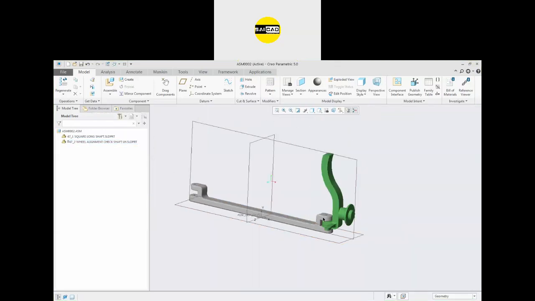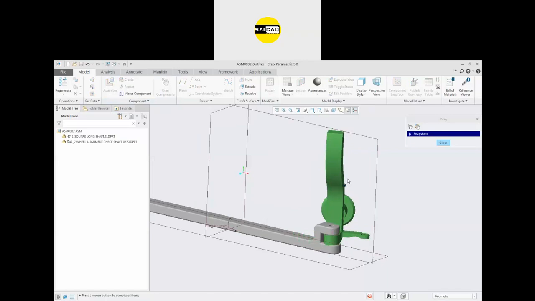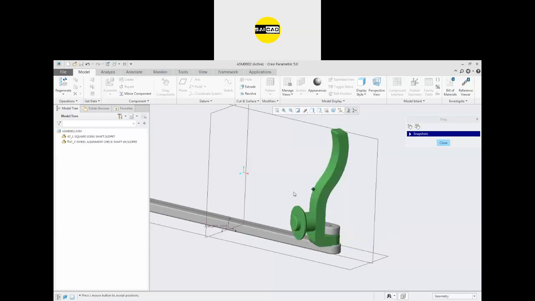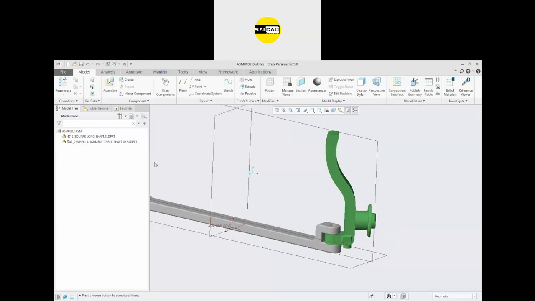To check the rotation, we have the option here, that is Drag Component. We can just select Drag Component. After that you have to select the component like that, and you can drag the component around the axis. You can see right now it's rotating in the 360 direction. So to control its rotation, we have to apply some constraint for the rotational axis also. And to apply the constraint, just edit the path.